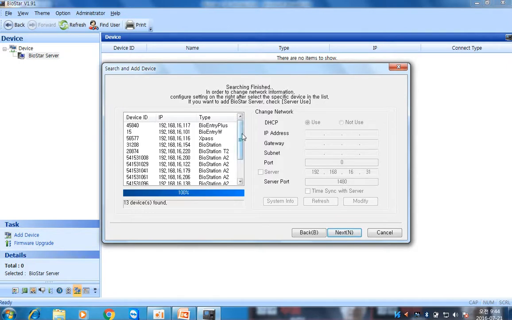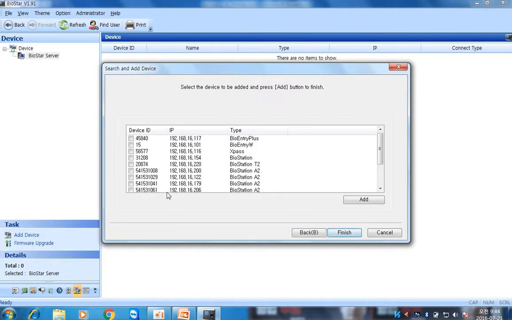Okay, now I have 13 devices. These are all the devices that are on the same network. This device, T2, is the one next to me.